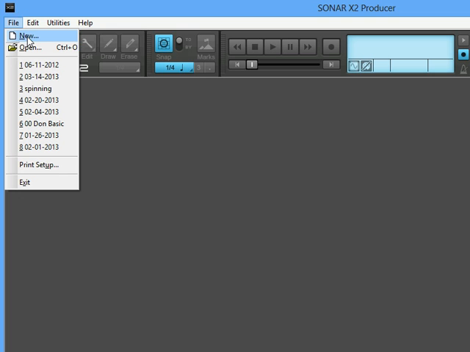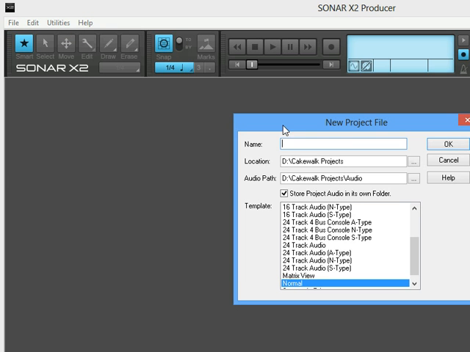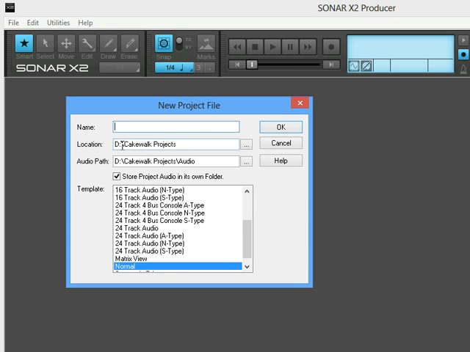So if I go to File and then New, you can see here the default is my external D drive, and then all the projects get saved into a folder called Cakewalk Projects, and the audio path for those projects is here, although that's not really used. It stores stuff based on a project folder, so whatever you save your project name as, all of the audio files will be saved within that folder also, which is very handy, because if you need to give somebody access to your project or whatever, you just have that one folder that has everything related to your